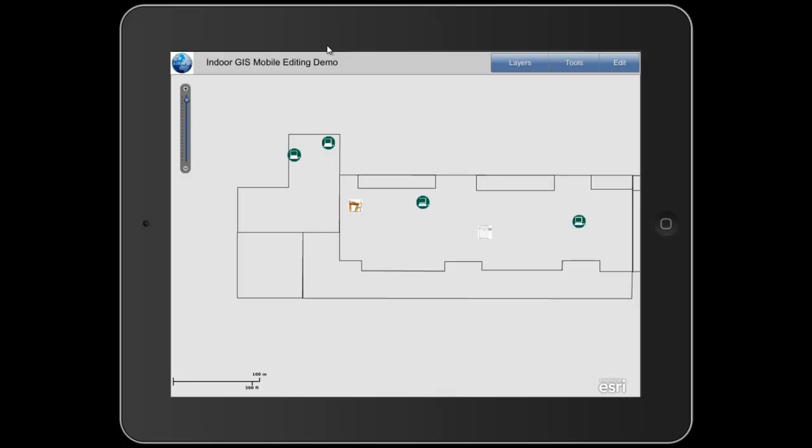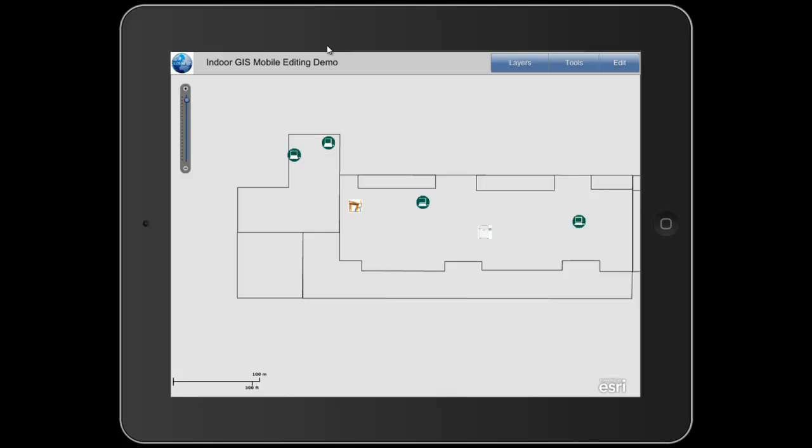What they asked us to do is to investigate doing this using digital technology, and in particular using mobile devices, in this case an iPad, and central storage. So our approach was to use ArcGIS Online and to build a simple mobile application which allowed for the collection and storing of assets in the cloud, which is ArcGIS Online. So the application you're looking at is a base map, which is the floor plan, which is stored in ArcGIS Online,